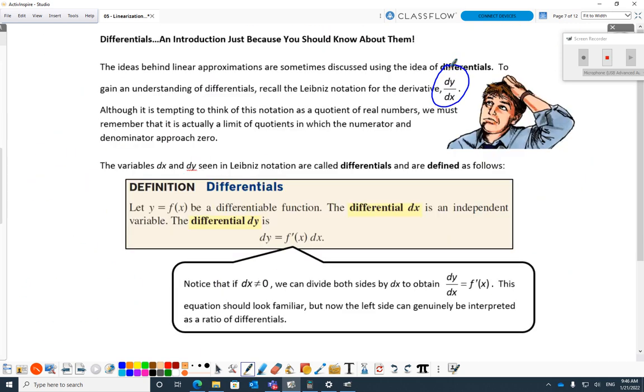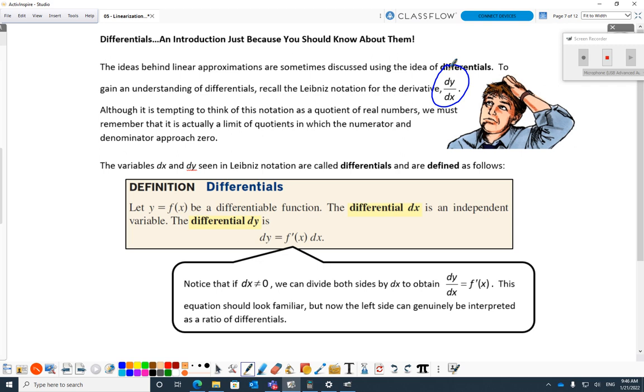Let me read the paragraph here. The idea behind linear approximations is sometimes discussed using the idea of differentials. So we're doing similar stuff to what we just did. We're going to talk about differentials. To gain an understanding of differentials, recall that Leibniz notation is dy by dx. Although it's tempting to think of this notation as a quotient of real numbers, we must remember that it's actually